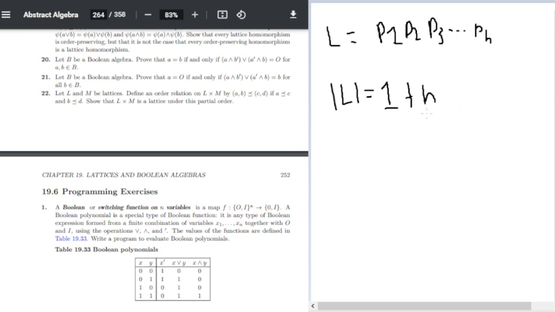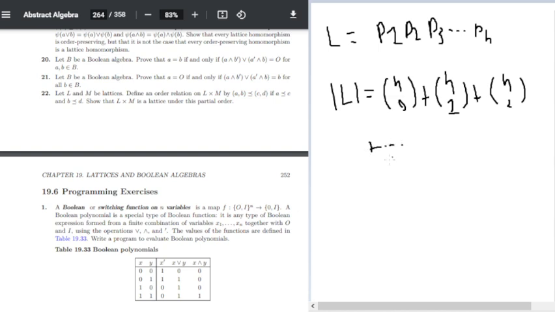Functionally, the way we can choose 0 elements, plus the way we can choose 1 element, plus the way we can choose 2 elements, n over 2, and we can add on and on, which means that the order of the lattice is going to be equal to